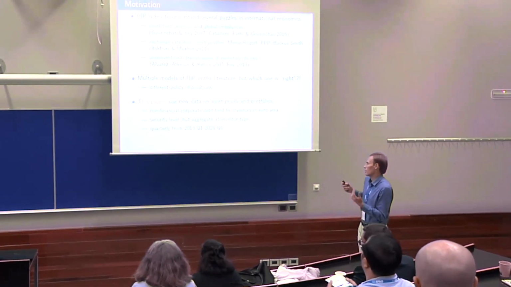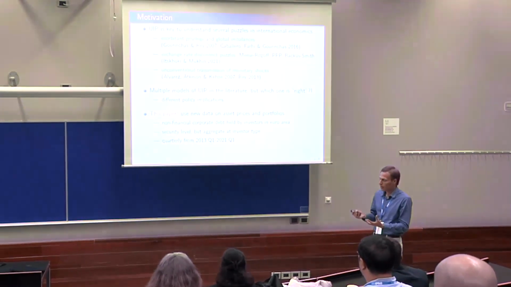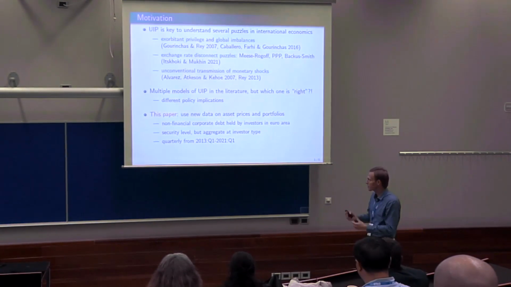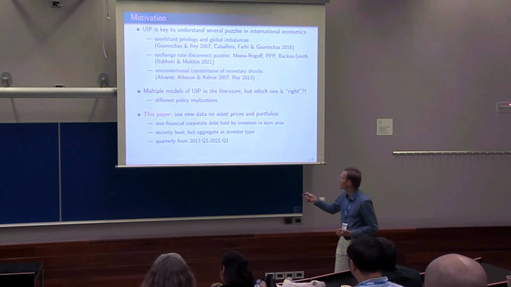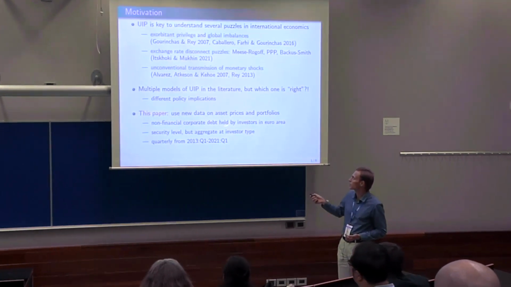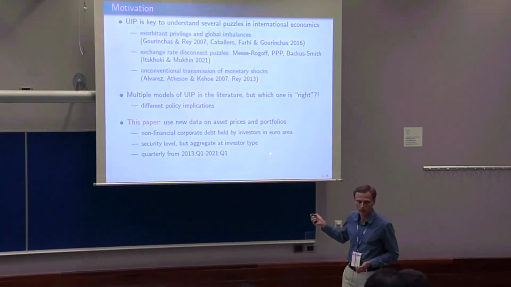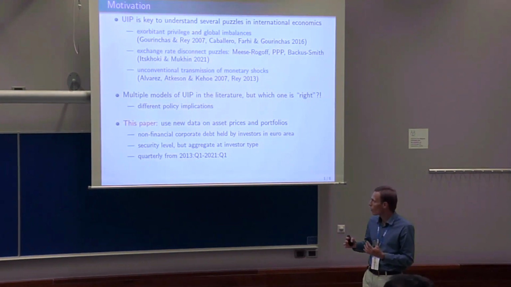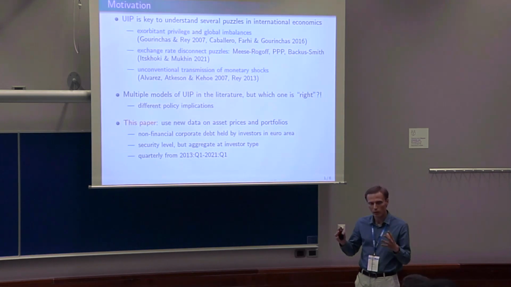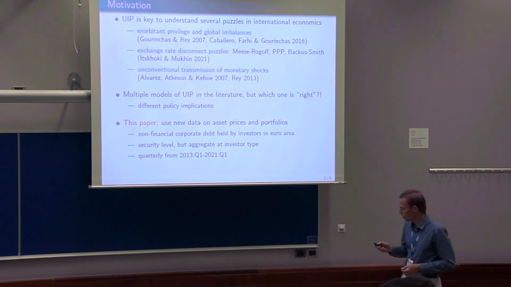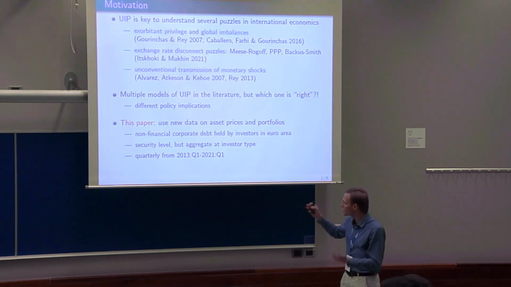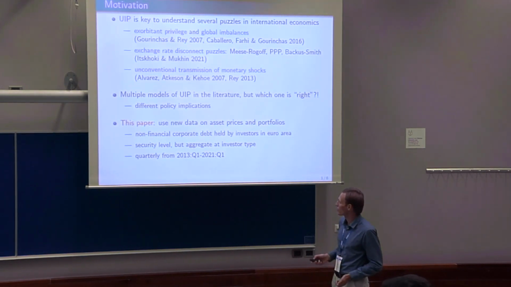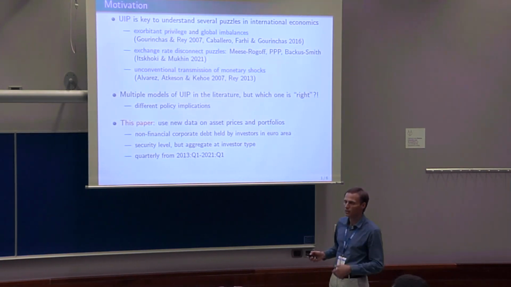One way to see this paper is as trying to make some progress in answering this question by combining the standard asset prices, the interest rates and exchange rate, with the portfolios. Also, going beyond just one UIP, we can think about UIP for different assets with different maturities. So what is really the key contribution of the paper is that it brings a new data set,